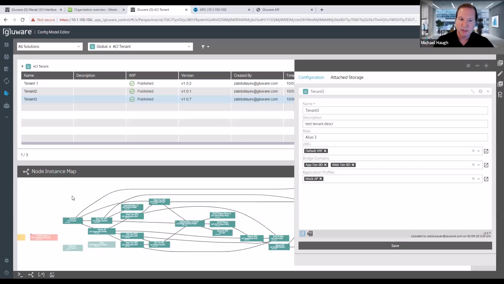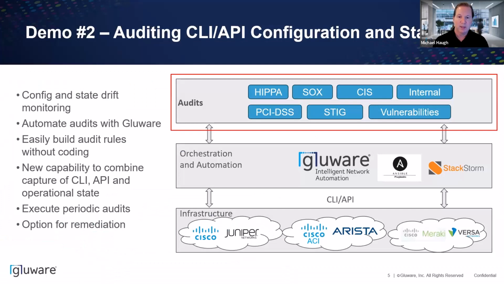So in conclusion of this demo, Gluware's real strength is bringing a unified experience to managing your infrastructure layer across numerous operating systems, CLI and API, and providing multiple forms of automation across inventory, drift, audit, config management, and process automation. In this next demo, we're going to take a look at the pain point of auditing